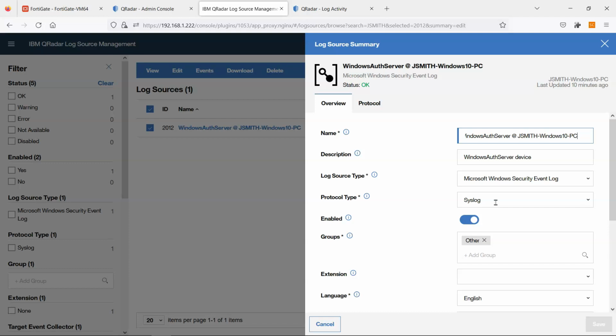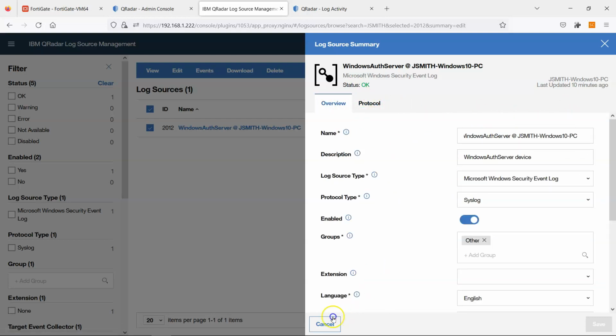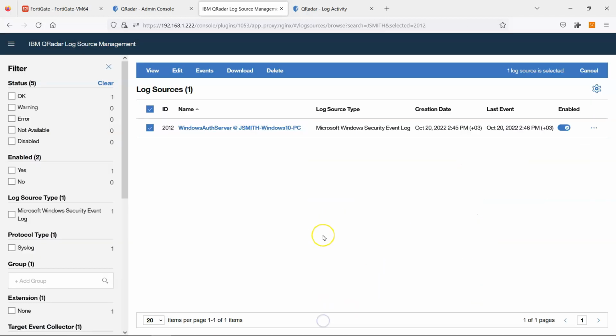Maybe this is another tool for extracting the event logs from the Windows API and getting the logs into syslog, and so the QRadar doesn't care. The protocol type is syslog. So XPath is something related to the WinCollect, so you will not find any way to do it from the QRadar. This is the bad thing about the standalone configuration, that you need to manage the configuration of your